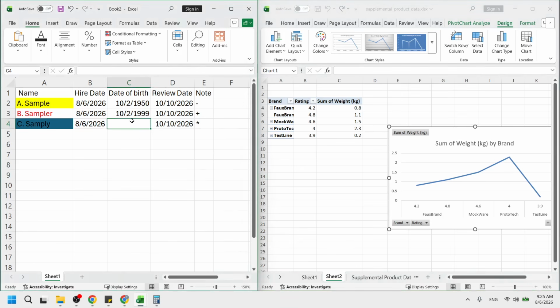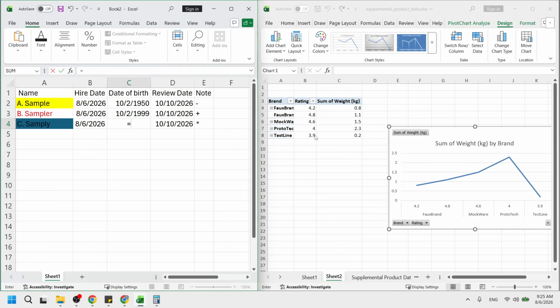Now, in your main sheet, type the equal sign in the cell where you want the data. This main sheet is the workbook that should display the final value. Click once on the destination cell, then press the equal key one time. You should see the equal sign appear in the cell and also in the formula bar at the top of Excel. Do not type anything else yet, and do not click another cell in the same workbook, because that would create a local formula instead of a link between spreadsheets. From there, click over to the second workbook, select the target cell, and press Enter.